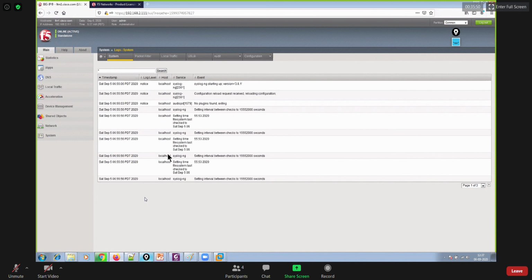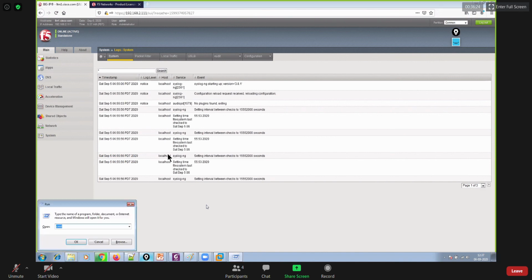So that's how you will begin with a fresh box, okay? That's how you would install a license on your BIG-IP, and that's how you would complete the initial configuration of your box, right? Thereafter, you can go back to your CLI. In fact, you can access your box using CLI by SSH.